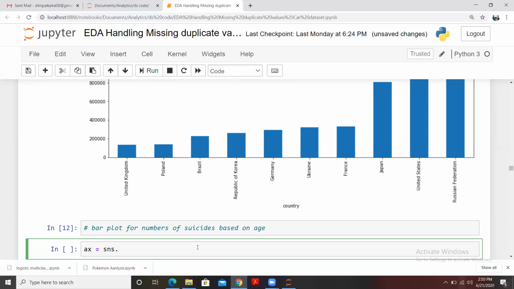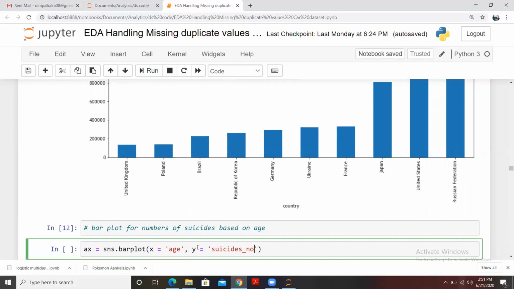I'm creating a bar plot using sns, and sns is the Seaborn library. And what is my x here? x is age. And what is my y here? y is the suicide numbers.